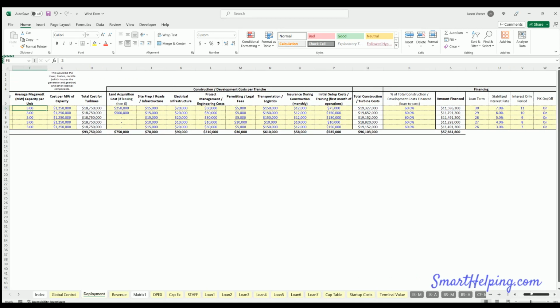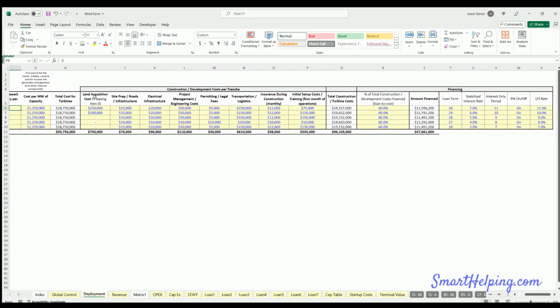Now, you've also got lots of construction and development costs, so you possibly have to buy land, which you can enter here. If you're leasing the land, you can enter that assumption elsewhere on the OPEX tab, which we'll go through. Site prep, electrical infrastructure, project management, engineering, permitting, transportation and logistics, insurance during the construction period, initial setup costs, training, and then total construction turbine costs here, percentage of total construction cost financed, amount financed, and then you can put